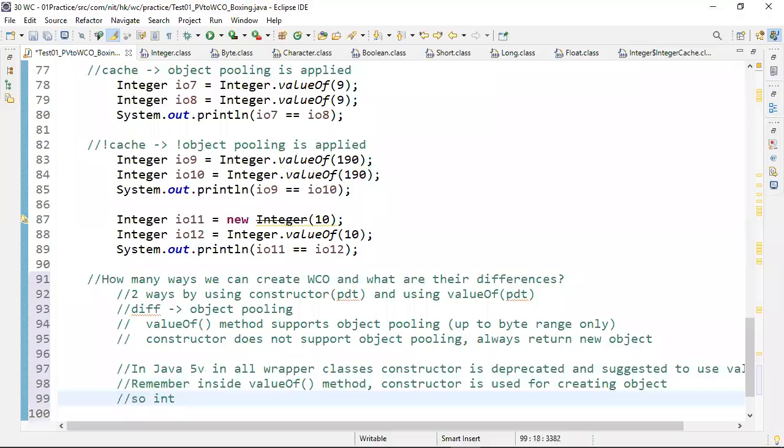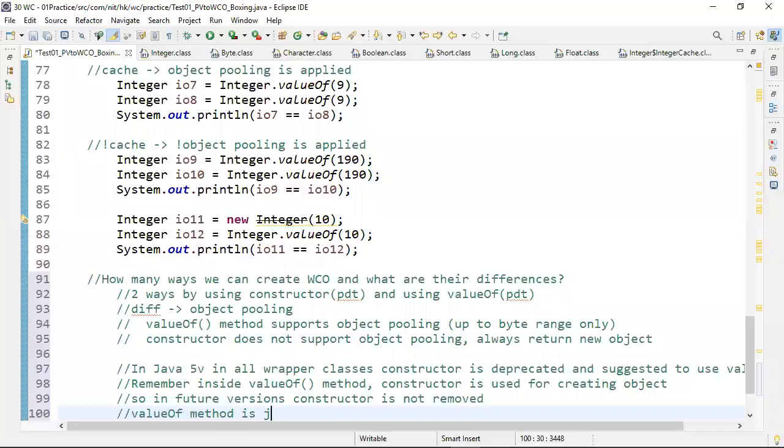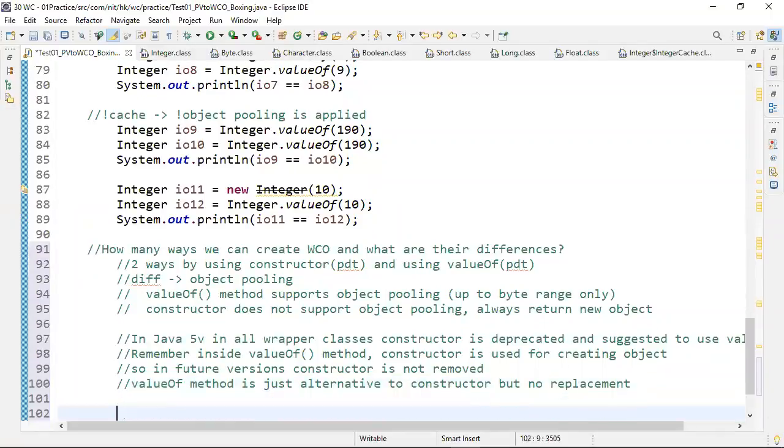So in future versions, the constructor is not removed. The valueOf method is just an alternative to the constructor, but not a replacement.